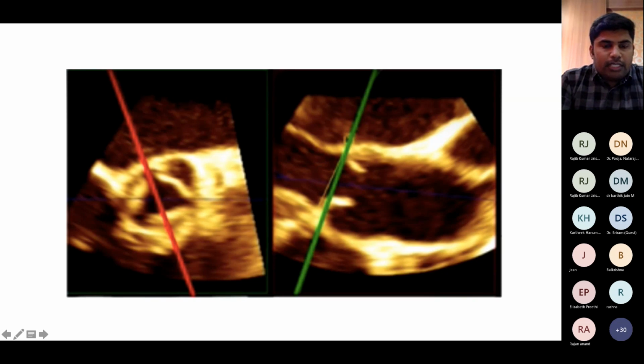For intraoperative purposes, we always measure the minor axis. By plain 2D examination, we may erroneously measure the major axis instead of the minor axis. To avoid this, it's better to use a biplane method. In the short axis on the right side, I'm focusing on this plane. In the long axis, we can measure this plane. Also, 3D is much more useful for cropping the image and giving a better value.